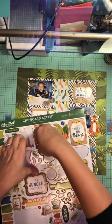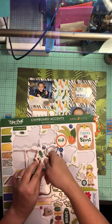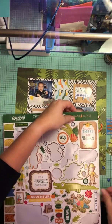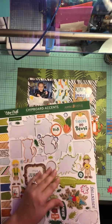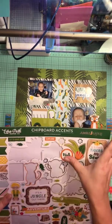Now I'm trying to pop all this stuff out of the chipboard sheet, and these little flowers I can't get out. So I do struggle. It's like I'm on the struggle bus with these real quick. But I get them out and I sprinkle them around the page. I do go ahead and use my liquid adhesive to make sure that they stay adhered to the page, because